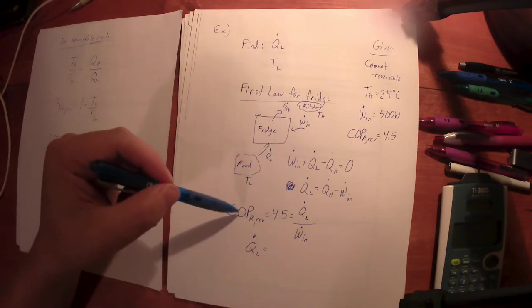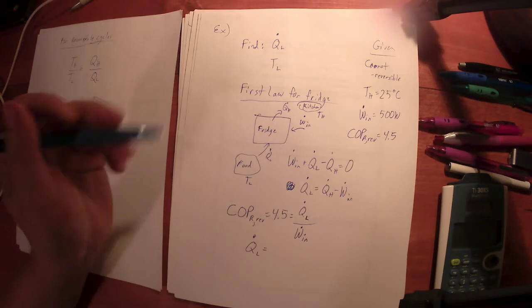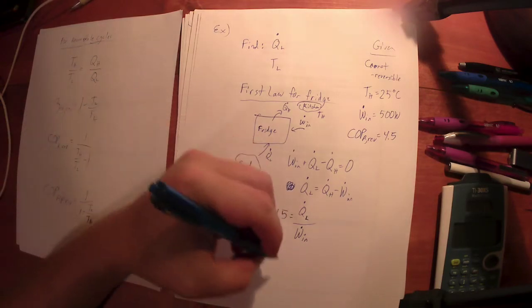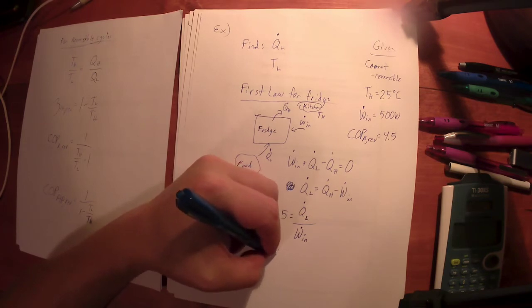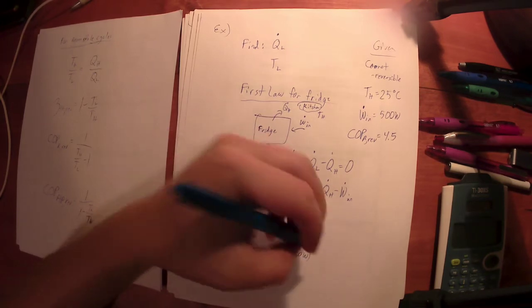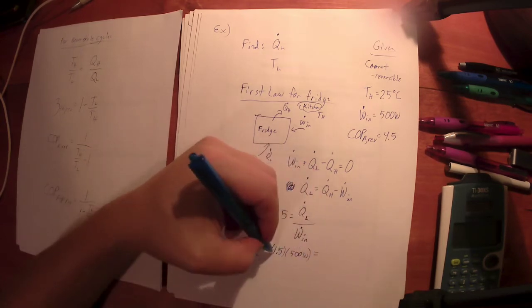Well, I know the COP. How does that help me? Well, it helps me here. All right, boom, we're done. I didn't have to go look anything up. So this is 4.5 times 500 watts. I think I can do that without my calculator. This is going to be